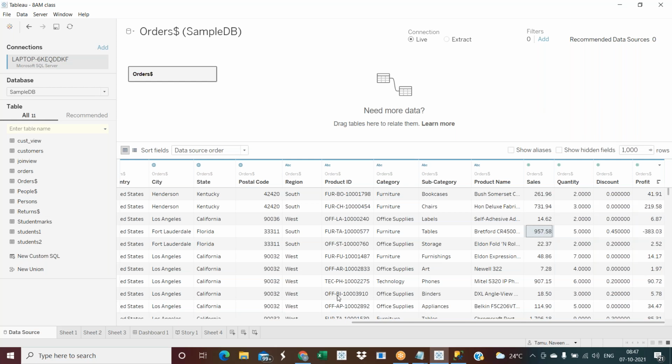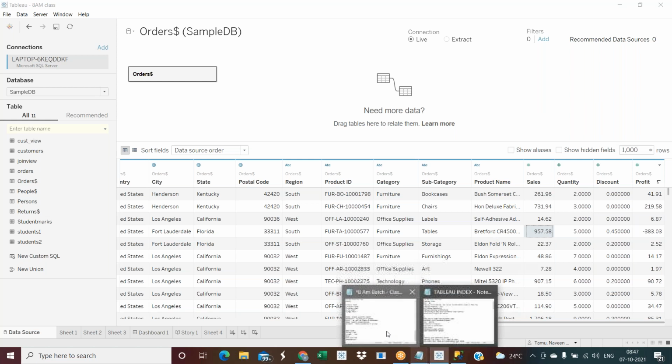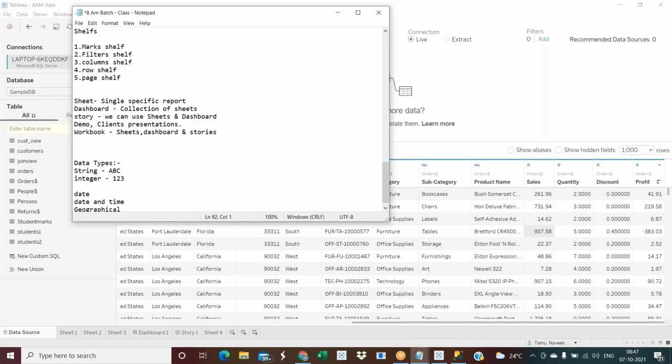So 1, 2, 3 is an integer, but sometimes we also have a float. Here, we take it as an integer only.